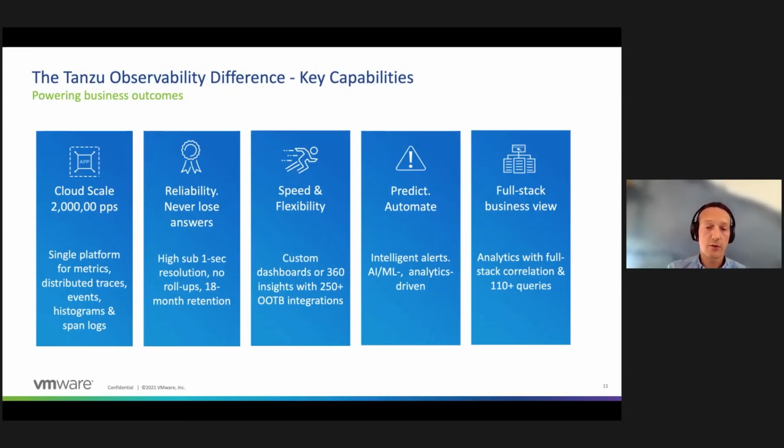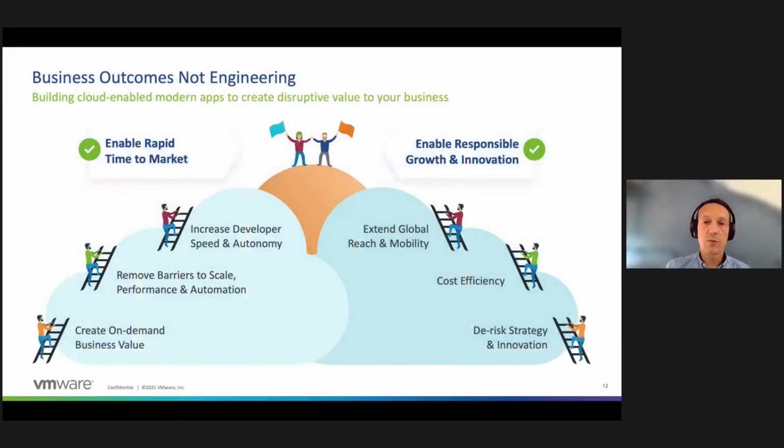Just to close off, on the next slide, we see Tanzu Observability very much in line with what Mphasis was covering: a great way to bridge the gap between the technology outcomes on the left-hand side, what developers and application teams want to achieve, and the business goals, supporting high uptime and user satisfaction. This is the best of both worlds, where you hit cost efficiency, de-risk strategy and innovation, while also providing developers freedom of choice through the combination of commercial software with the open source support we talked about around PromQL and a few other aspects. Back to you, Uday and Nitin.